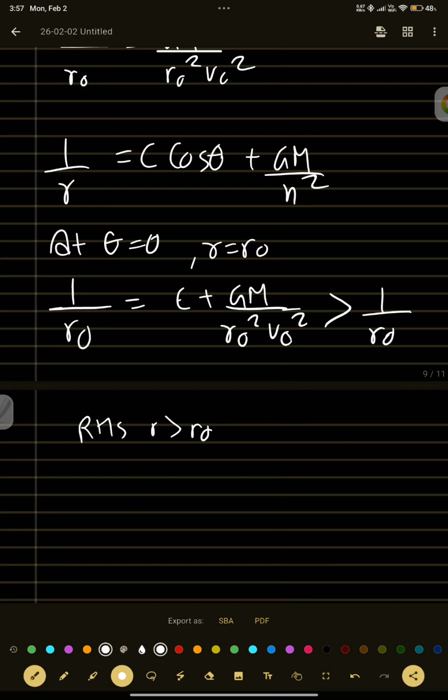This one. So how will we measure theta? Like this. In the same sense, as before it was counterclockwise, now also it is the same sense, but now we start measuring from R minimum. If you write the equation taking this as R minimum, then you will find that it will be all right. And then at this point you have to replace this with minus C. If it is minus C, then this is less than 1 by R naught. So you can reconcile. We will discuss this more in the next class.